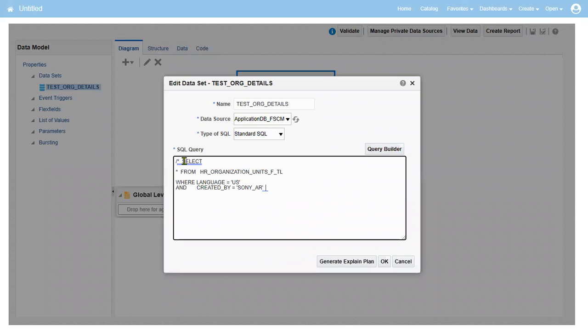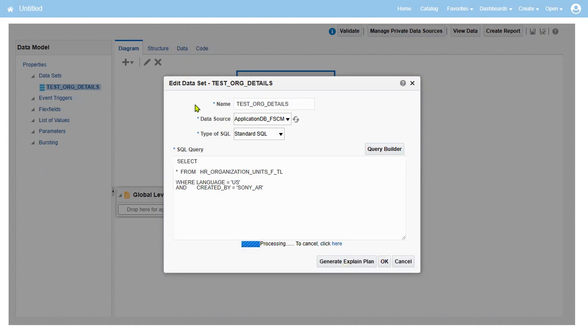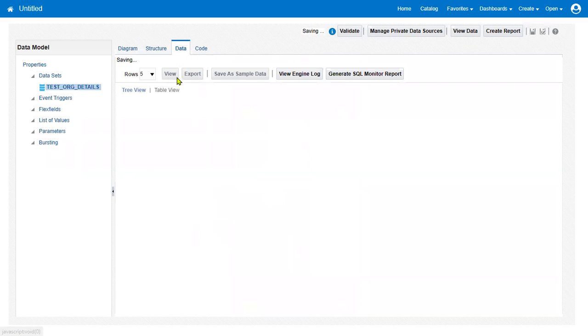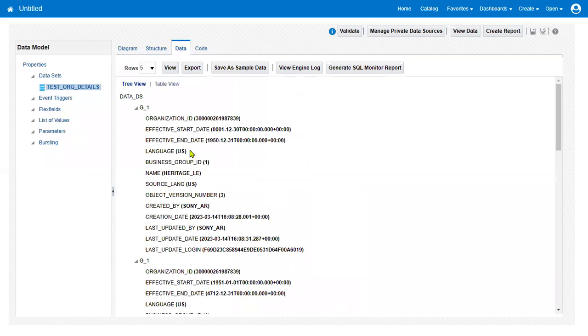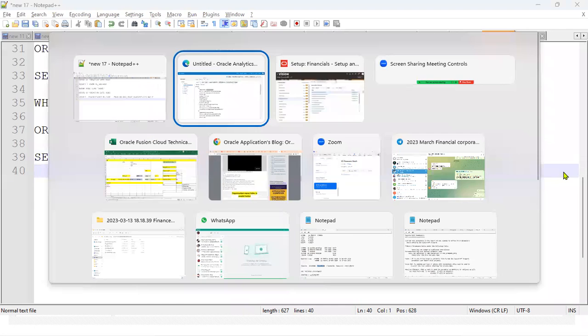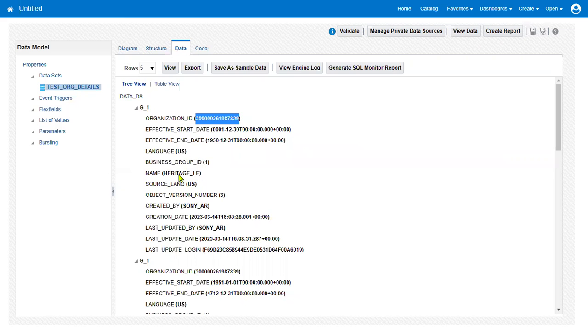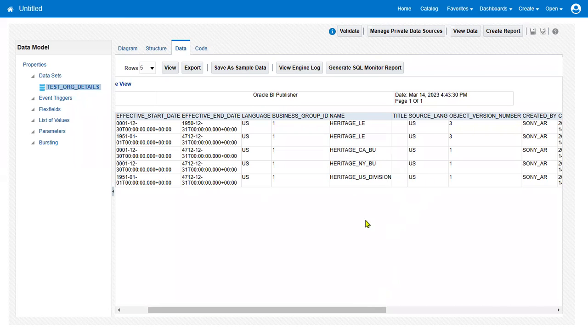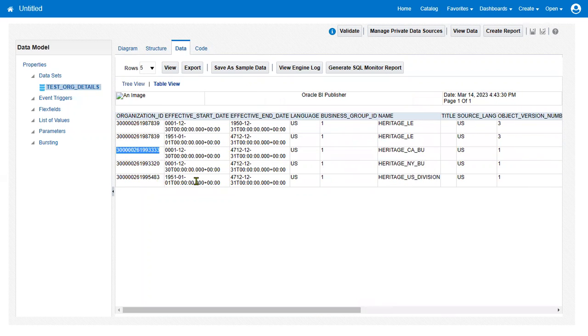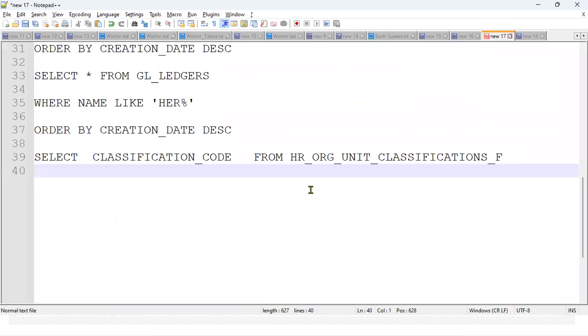Now let's see. This is the organization ID. What is this business unit, right? Is it a legal entity? Now let's take business. These two are business units, California and New York, right? And this is our business unit. Where organization ID in